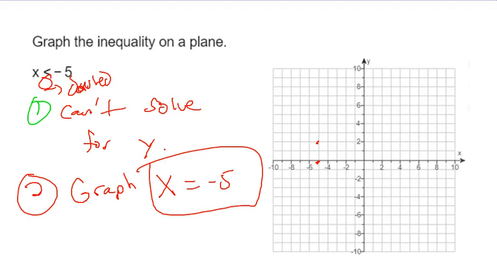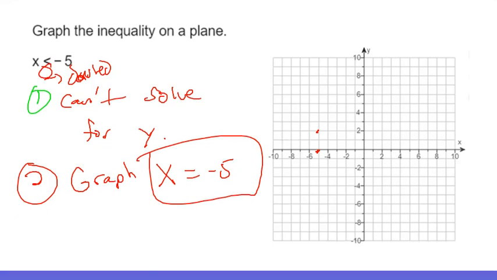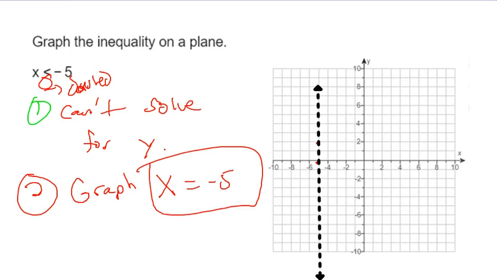So when I use my line drawing tool, I'm going to switch it to dashed before I start drawing it. Oops. And it's going to be a vertical line. I'll try to make it as vertical as I can. I went a little bit off the mark there, but so we have this vertical line here, and that's as far as it's going to let me draw it. All right, so we end up with a vertical line, which also messes up our step 3,